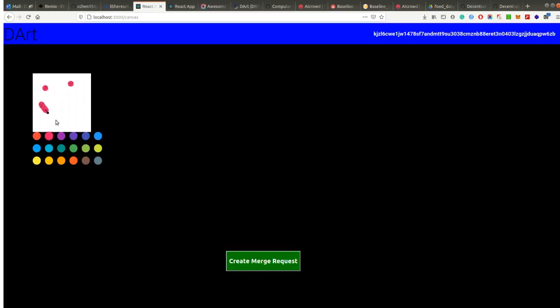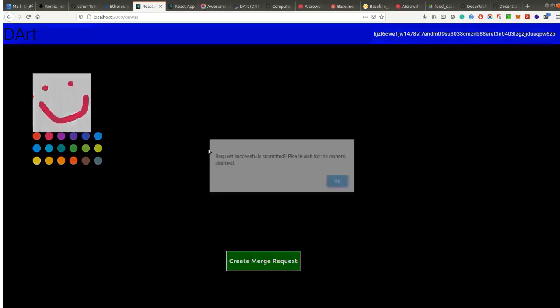Now suppose I draw a smiley face. I can choose between the colors available here. This is the Ceramic hash of my main document, and this image will be stored on IPFS. I click on create merge request, which is essentially like submitting a pull request with this artwork for getting merged into the main canvas. Once this commit is created, the request is successfully submitted here,